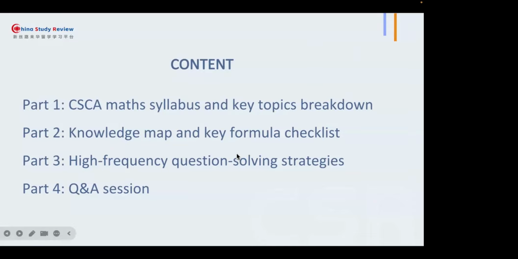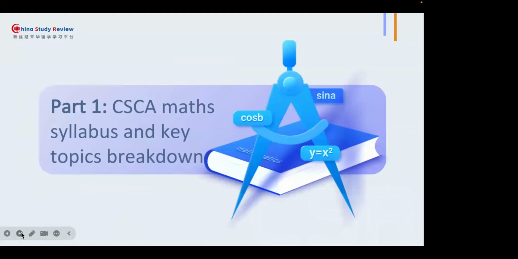And the third part is that we will discuss some high frequency questions about the solving strategies, especially about how to utilize the formula that was provided in part 2 to solve the question that was applicable and realistic. And lastly, you have the question and answer session, so you could discuss with me the difficulties as well as the points that you feel confused during your math topics, okay? Okay, so the first part,